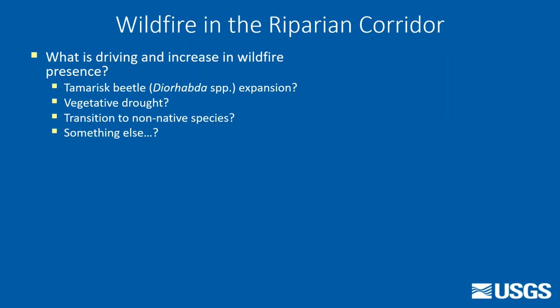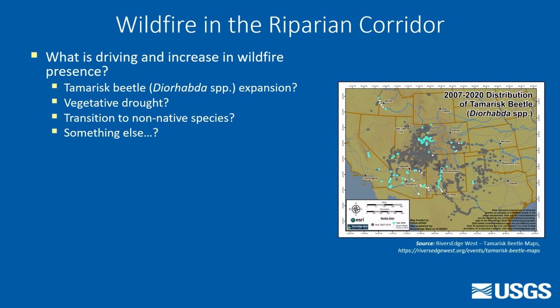So fire is not only occurring within the upland vegetation, but also becoming more prominent within the riparian areas. Several large-scale fires have burned in recent years along both the Gila and San Carlos rivers, and in both native and particularly non-native vegetation. We plan to use remote sensing to look at various aspects of wildfire within the riparian zone. For example, the tamarisk beetle is expanding throughout the upper Gila River watershed.